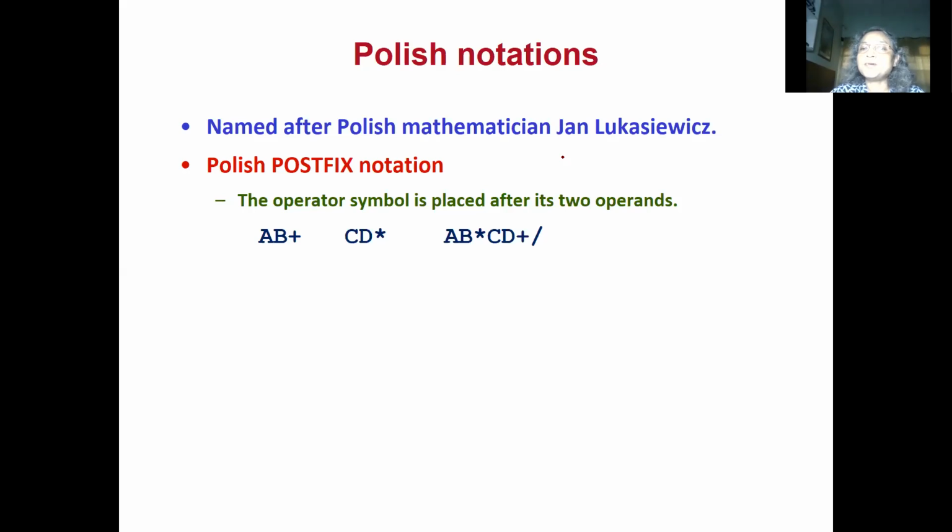You scan the postfix expression from left to right. Whenever you get an operand, you push it into the stack. When you get an operator, you pop from the stack the top 2 elements, and then you apply the operator on its arguments, and the resulting value you push into the stack. When you have exhausted the string, then in the stack you will get the result.